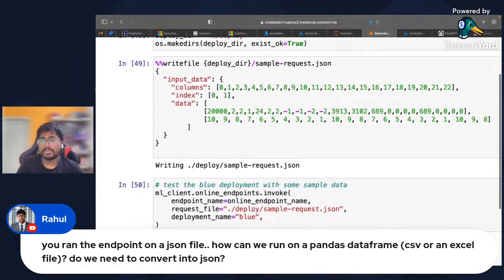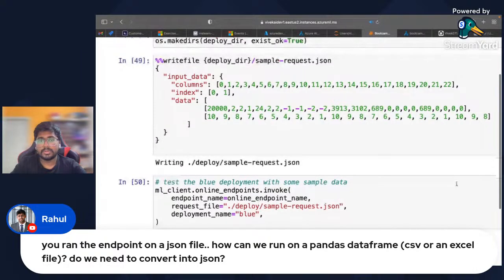You can send a file as a request, but in your scoring script, make sure that in the run method you write relevant code to import and read that data and then send it to your machine learning model. That's how we do the inference. Before sending it, make sure your request and your file content type match, so you can also send files. I've done that for Kubernetes. For the online managed service, I haven't done it myself; I can verify and tell you. But on servers, I have sent complete CSV files for bulk predictions. I hope that answered it. Will you be providing the link? It's already appended over here.